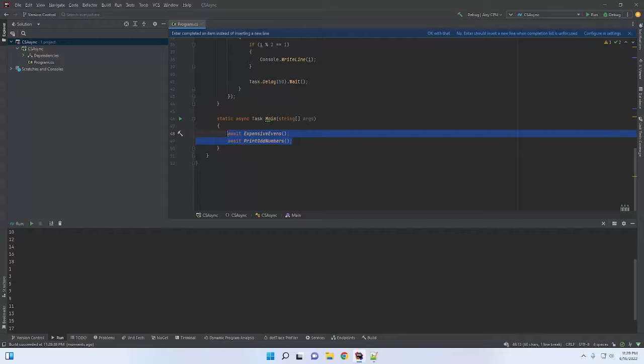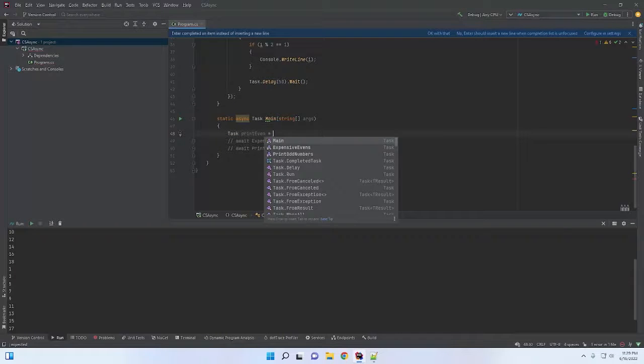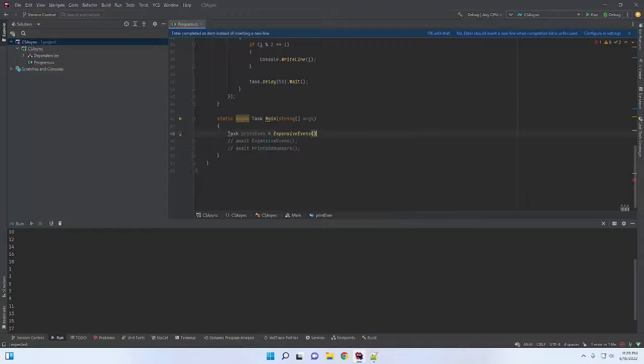So what we need to do is create a task to do this. Print even is equal to, actually we don't want print evens, we want expensive evens. And task print odds.